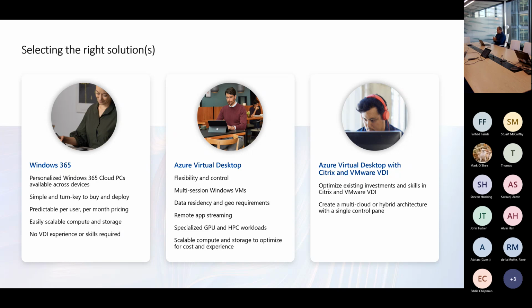So in a nutshell, let's wrap this up. If you were to do persistent desktops alone, Windows 365 is the way to go because it brings predictable cost. If you had to do non-persistent desktops and app streaming, then Azure Virtual Desktop is the way to go. You may argue you can also do personal desktops, the equivalent of persistent desktops in Windows 365, which I'm referring to. It can also be done in Azure Virtual Desktop.